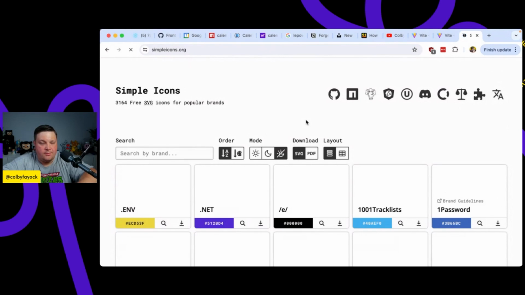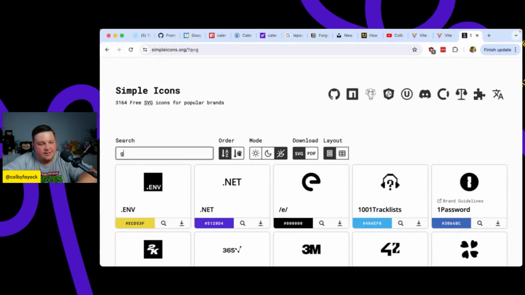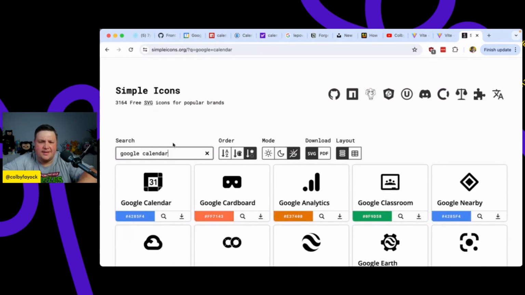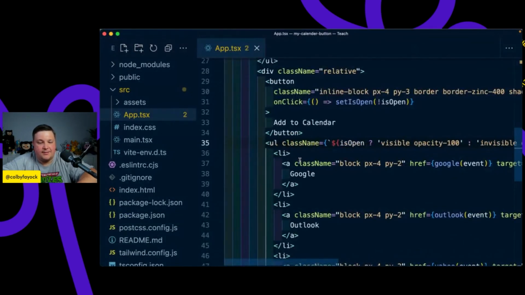Yeah. Okay. Well, I'm going to let that load. There it goes. Okay. Google Calendar. I don't know if that was my internet or the page, but we can see that we have Google Calendar here really easily to reference. So I'm going to go ahead and click this little copy button. If you click over the icon itself, and then I'm going to head back into the document, and right above